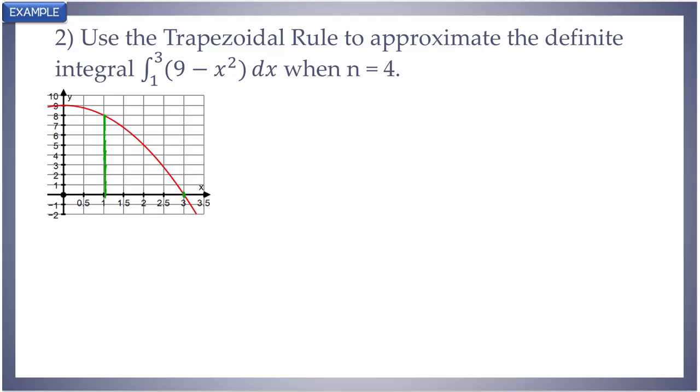The upper boundary here is at x equals 3. With 4 subintervals, it's already labeled very nicely for me, so I'm going to put a division there, there, and there. And if you'd like, you can draw in the tops of your trapezoids here. You'll notice that this one over here is technically not a trapezoid, it's a triangle, but the theory still